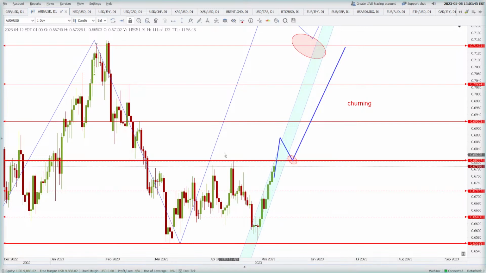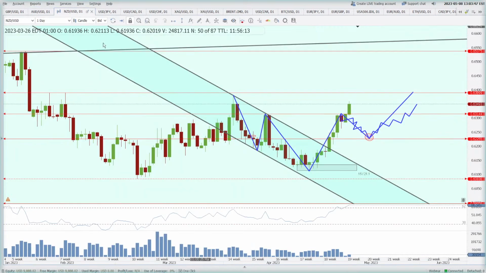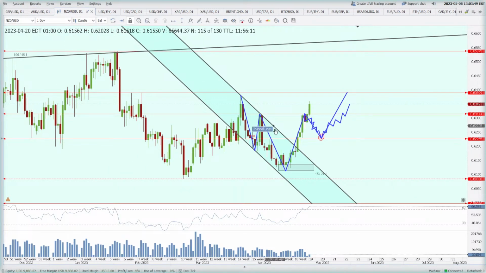Well, that's it in the case of the Australian dollar. But in the case of the New Zealand dollar, it has broken the market structure. It is going up, and on the higher side, I think 0.6389 is what we are expecting. But in the process of going to 0.6389, there is a high